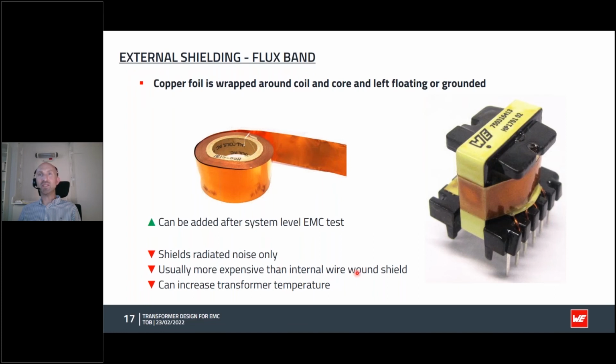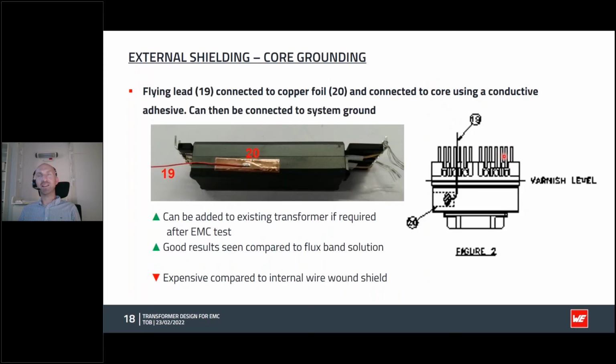It's quite expensive to implement because there's quite a lot of manual work involved. And then again, shielding that or connecting that to the primary pin is a very manual process. It can also, and usually does, increase the temperature somewhat of the transformer. And even another problem, it can cause some safety issues if you need some specific creepage distances from secondary pins. So a few drawbacks with that one, but it can be good if you're really desperate to pass after, say, the